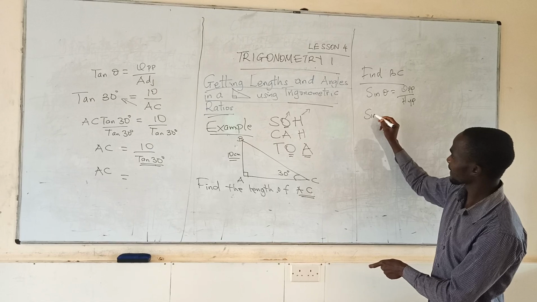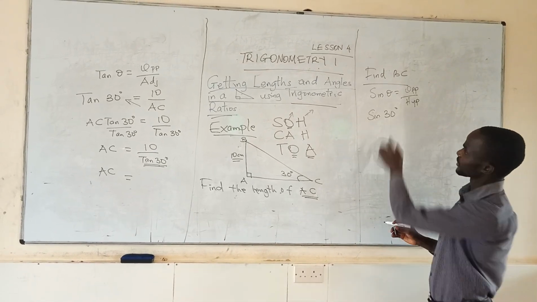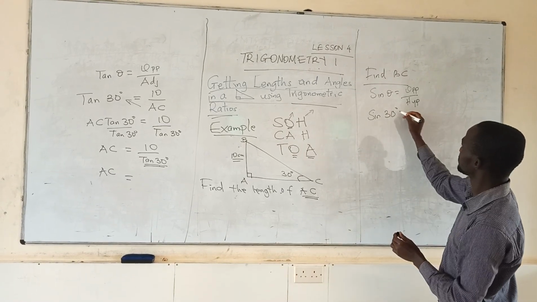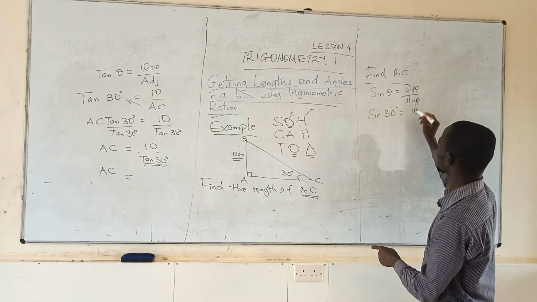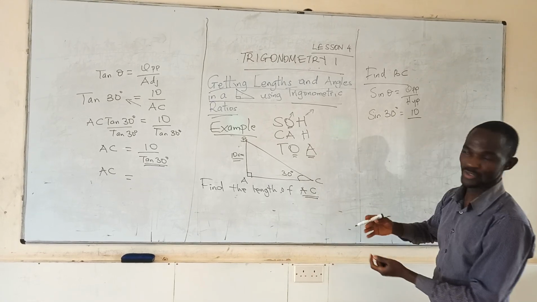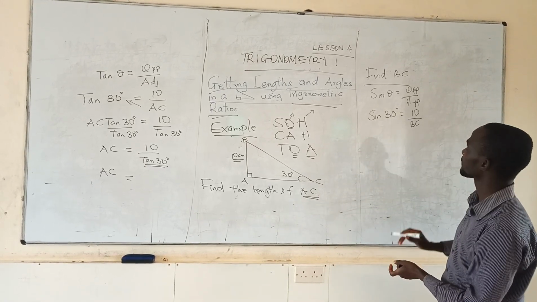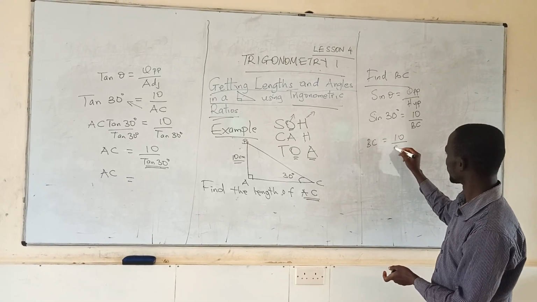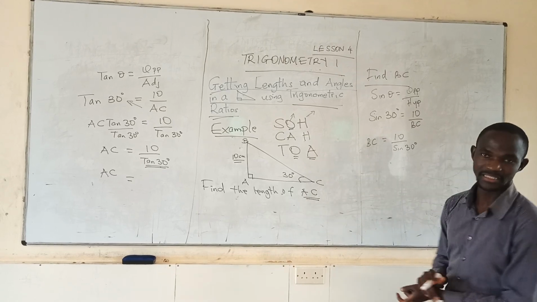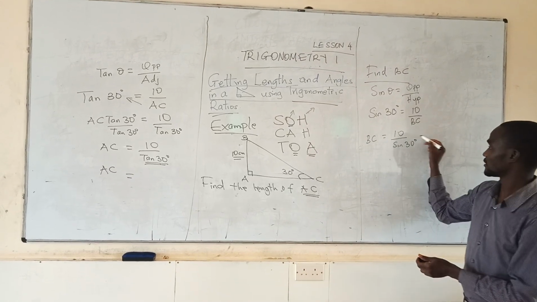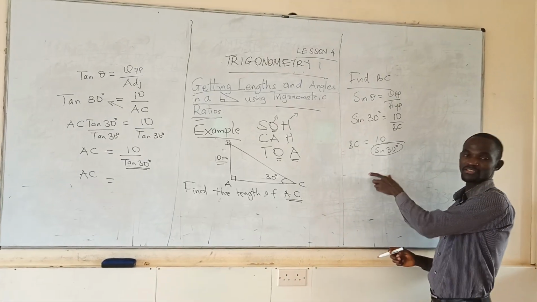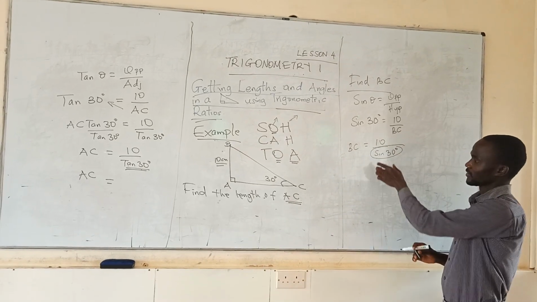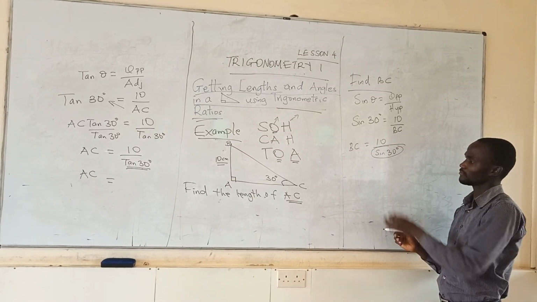So sine 30 degrees, theta is 30 degrees, you replace it with theta. So sine 30 degrees will be equal to opposite, which is 10. Then the hypotenuse, we don't know, that's what we are looking for. So BC will be equal to 10 over sine 30 degrees. Basically you will still look up sine 30 degrees from the mathematical table. So whatever you get, 10 divided by whatever you get as sine 30 from the mathematical table, that will be